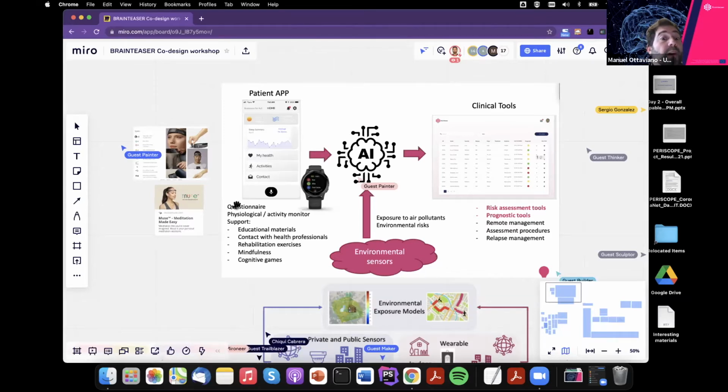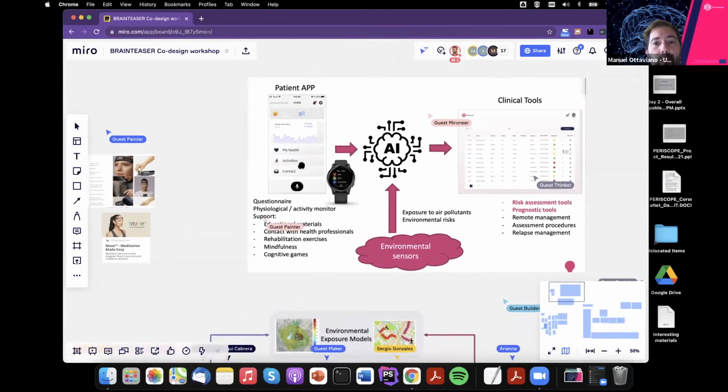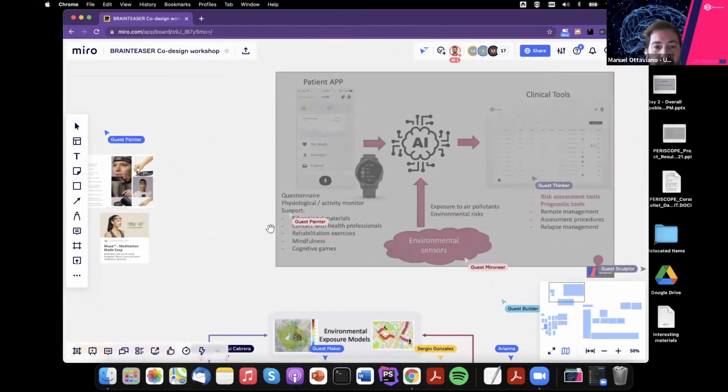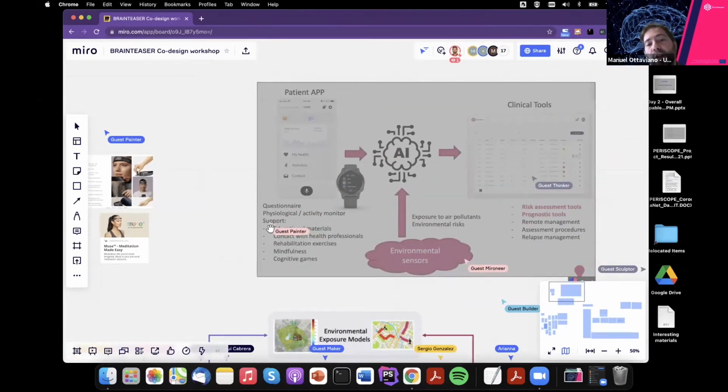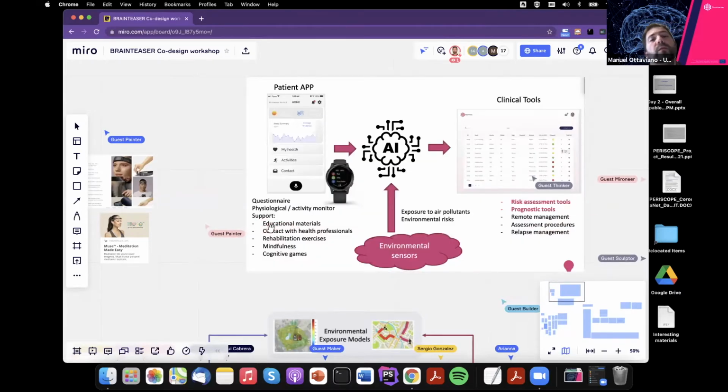We would like also to provide some support to perform part of the rehabilitation exercises at home whenever possible, and also some support for emotional distress, for instance, providing some mindfulness content. And then we would like to provide support on cognitive exercise by creating some cognitive games. So all this information that we are going to gather through the app will be used also